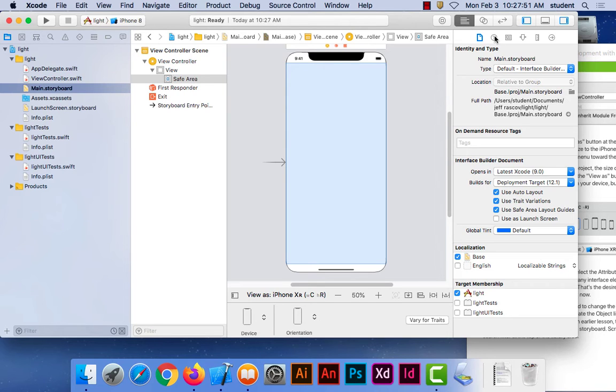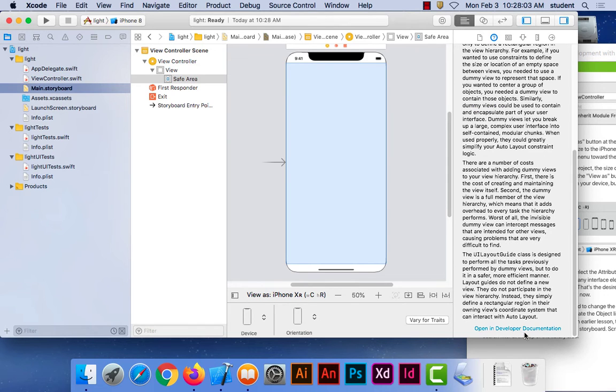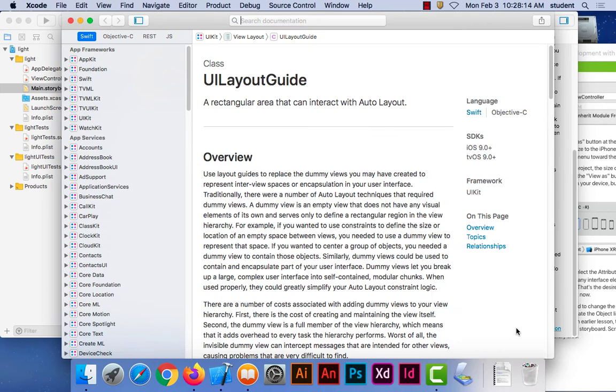Next, if you click on the question mark, you can actually go and search the documentation for Xcode. So if you're looking for something, you can actually search. It's like a help option. That's why it's a question mark, okay? And you can go down here and open the developer documentation. So today we're going to be looking at background color. So if I click and open the developer documentation, it opens up here. You can type in what you want. I'm looking today to change the background color, so I'm going to type in